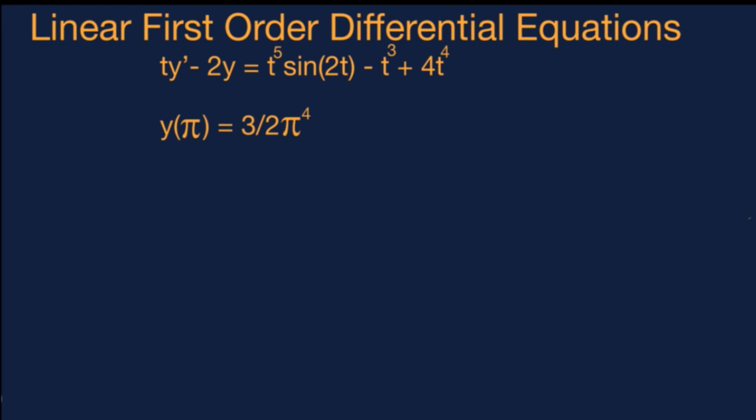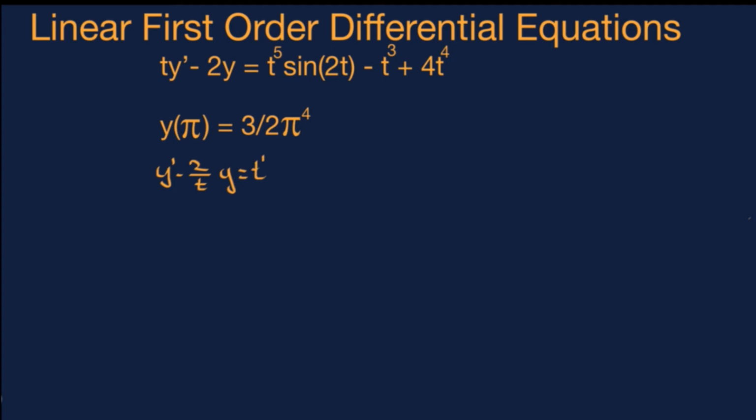Let's do one more, and feel free to pause the video and try it out yourself. So the first step, of course, is to put the equation in the correct form. So to do that, we would have to divide this equation by t. And when we do that, we get y prime minus 2 over t y is equal to t to the fourth,